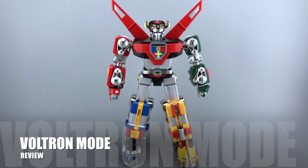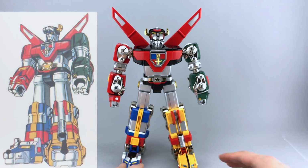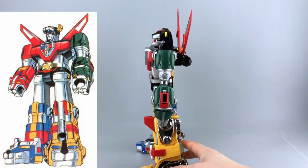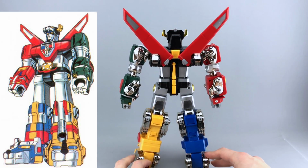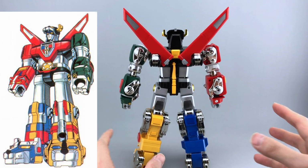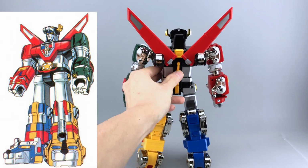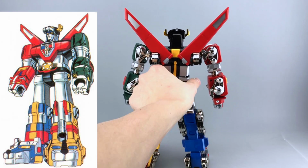all formed. Defender of the universe and all. And he looks really, really great. I will say that the proportions are a little bit off for me in a couple places. But looking all the way around, he's just a shiny, die-cast, really, really heavy piece. It's really amazing what they've accomplished with this guy. Aside from these complaints here,